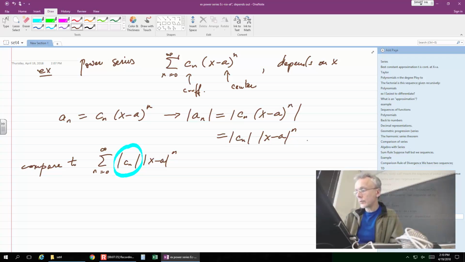It is important to remember that the original series depends on x, which means it could easily take negative values. When n is odd and x is less than a, that term will be negative, but as x becomes larger than a, it will become positive. So if you want to deal with all possible values of x, you cannot rely on the test for series of positive terms. And that is why you do have to make that step.